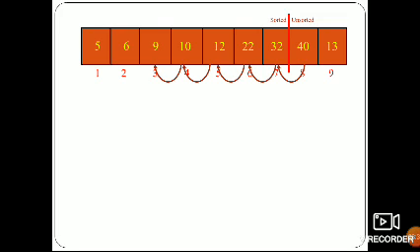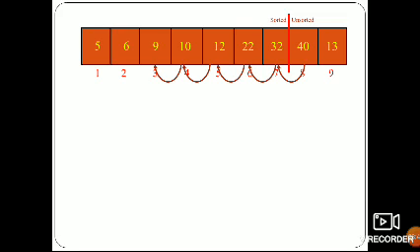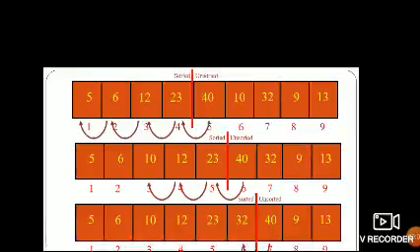So the element we are checking has to be compared. We compare, and if it is greater then we have to move. If the first element is greater than the second element, then we need to swap. Otherwise there is no need to exchange. So how are we moving the elements? We are moving the elements in the forward direction only. So what are the characteristics? Let me see once again.